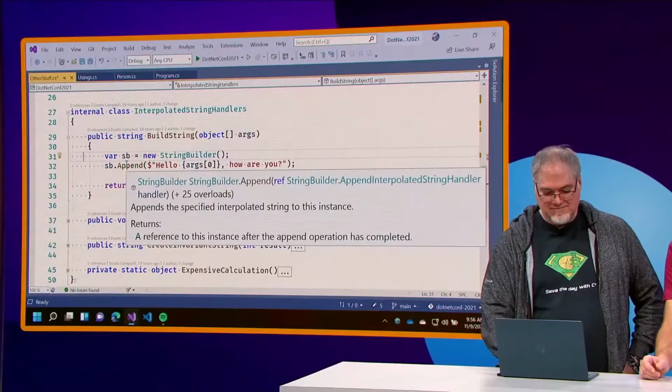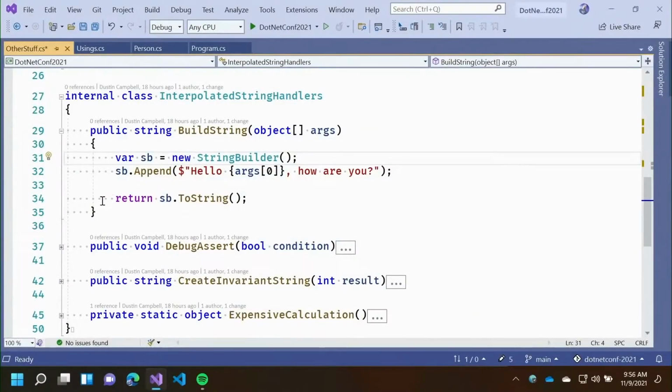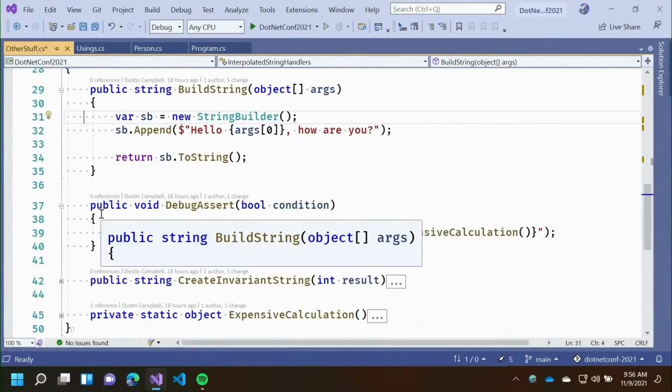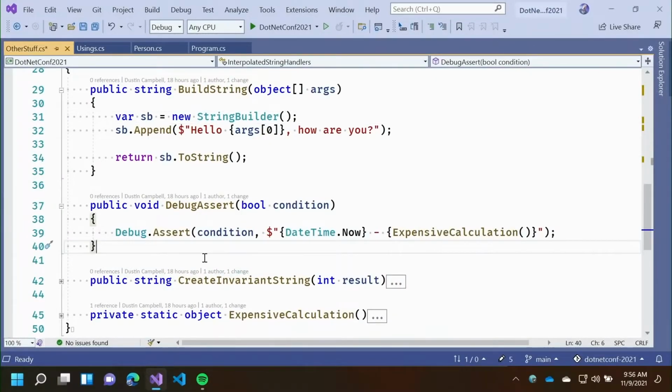Right. And the compiler and the handler do a little dance that avoids allocation, and that can even avoid executing some of the code in the interpolation holes if it's expensive. We don't get time to show all that. But it can even change the semantics of how the string interpolation happens if it wants to. So building one of these handlers is advanced. But we've built a bunch of them for you. If you remove the hover there and just quickly expand some of these, we've done it for string builder append, so it does the right thing and